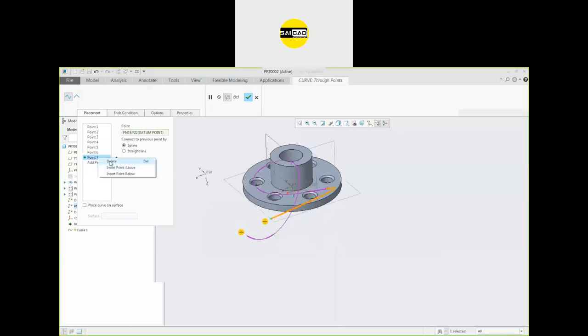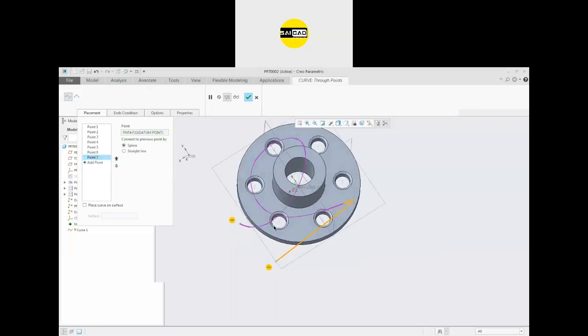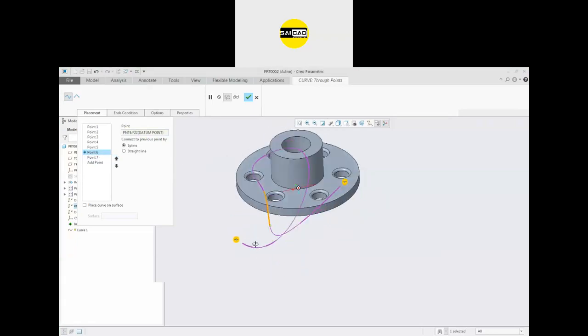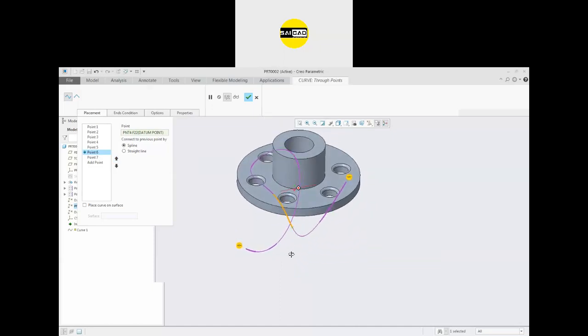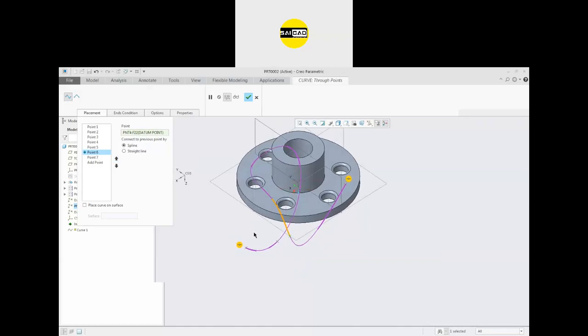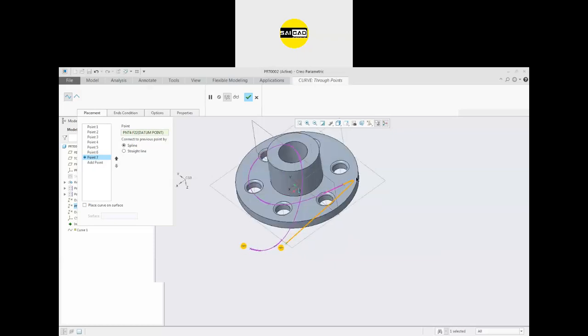Okay, if you want to remove any point, you can delete that. Or if you have selected this one, you can move it up or down. Suppose I want to first select this point after this point. Now you can just select this one and click it here. Now you can see this point is moved up. So after that, this point was selected. If you want to move another point, you can do that. Suppose I want to again change, I can just click here and this point will be moved after this point.